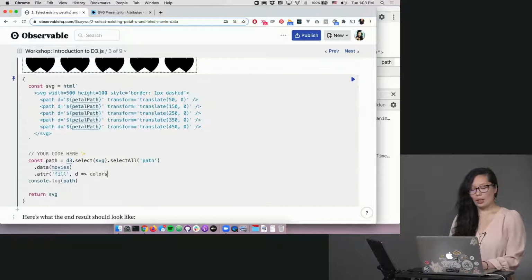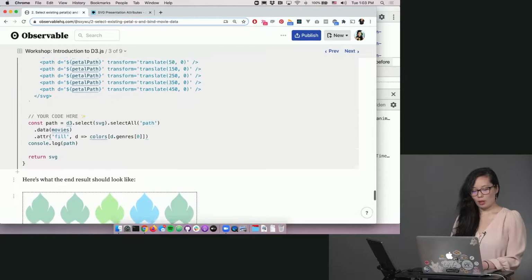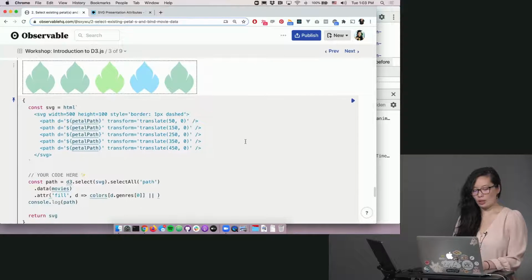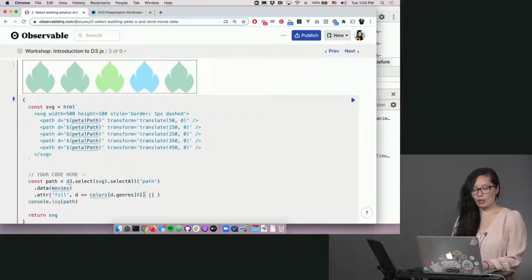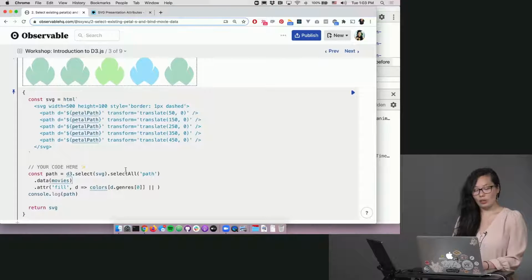And let's say I want to look up just the first genre and fill with that. Awesome. And if we can't find the genre in the colors, then we're going to use the